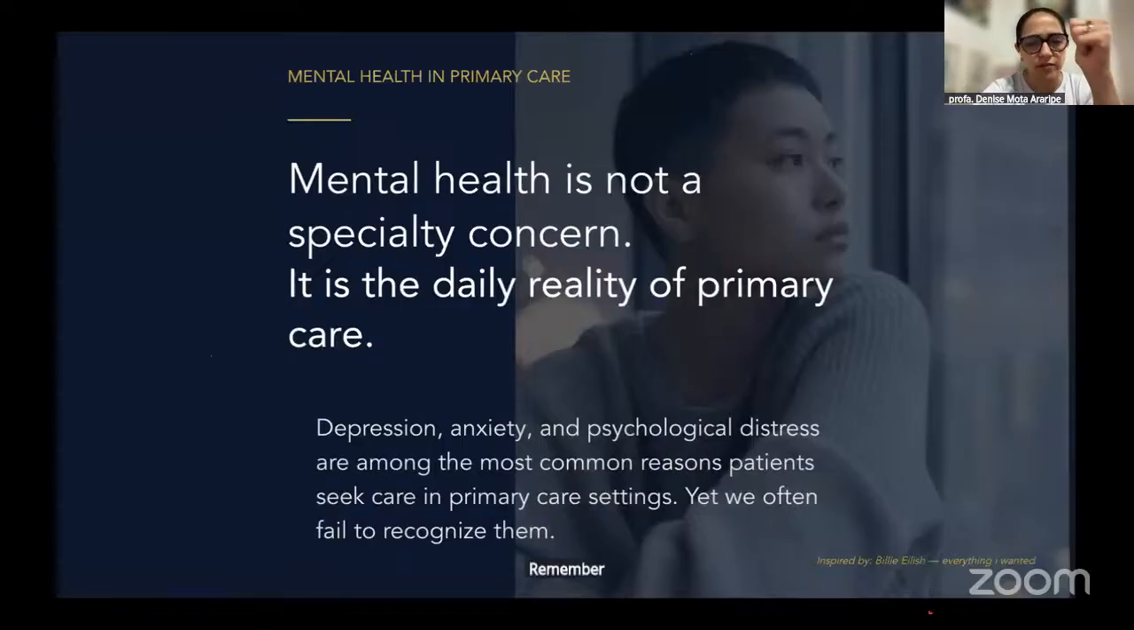Remember that depression, anxiety, and psychological distress are among us. They are reasons that patients seek care. We often fail to recognize the hidden symptoms. We have to build the idea of purpose in our communities. Here in Brazil, we have a unified system of care. We call it SUS, Sistema Único de Saúde. SUS, our system,